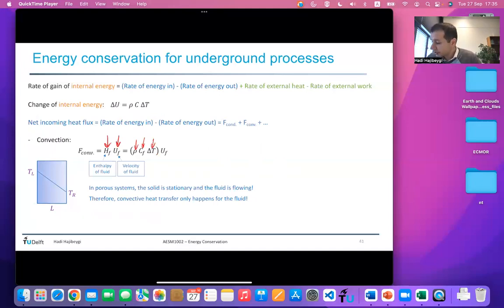a complementary heat transfer with the conduction that takes place in the subsurface. Do we have other forms of heat exchange in the subsurface heat transfer? Well, radiation is very little. We don't consider it typically in our subsurface processes. And most of the time, these are the main mechanisms that we consider in the subsurface.